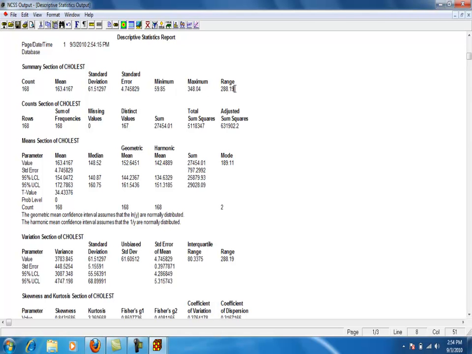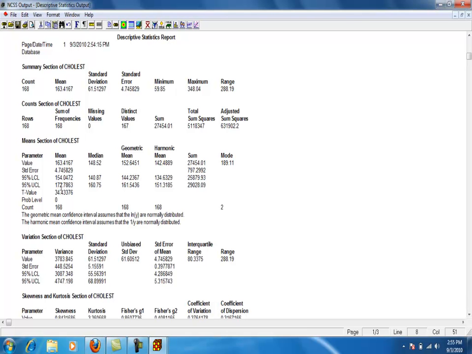Now if I scroll down looking for the 95% confidence interval, it exists right here. The lower level of the confidence interval is 154, and the upper level is 172. So we are 95% confident that the mean of 163.41 that we got from this particular sample actually lies between